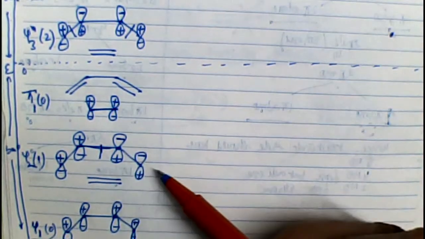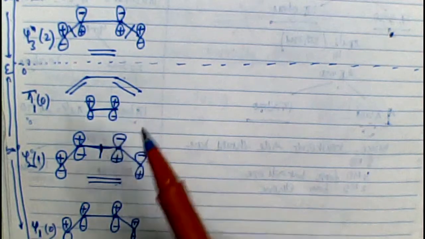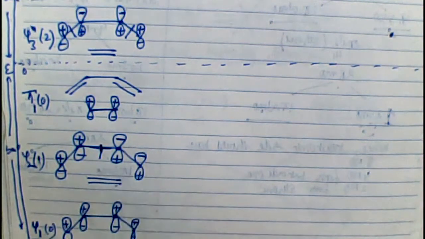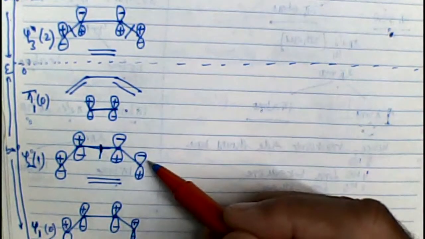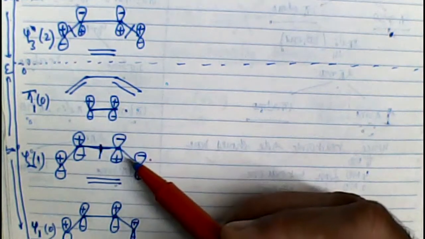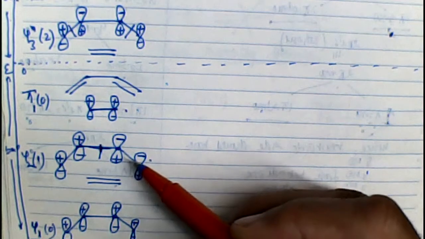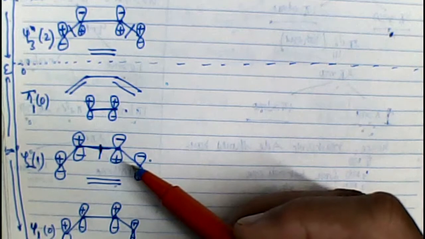Now comparing this and this, they may be somewhere similar in energy, because this has 1 pi bond which is in bonding, and this is the other pi bond which is having a bonding overlap, and 1 node is there. It has only 1 pi bond which has a bonding overlap. So we consider 2 pi bonds with a bonding overlap probably more stable than 1 pi bond having a bonding overlap. Anyways, even if you raise this orbital here and put this orbital down, that means if I place pi 1 below psi 2, that also will not vary the course of the reaction.